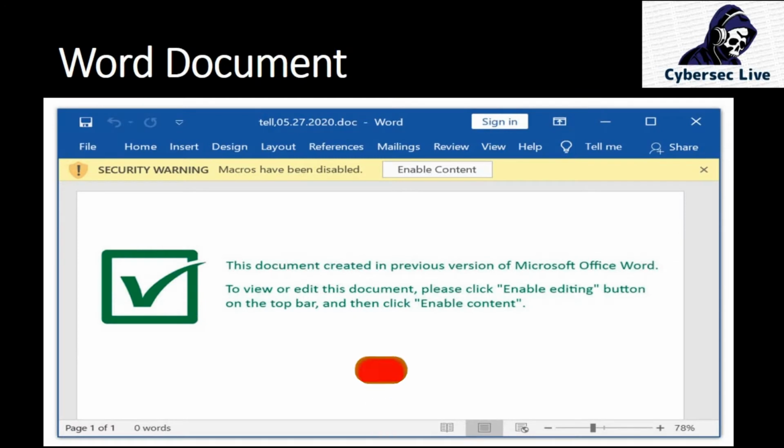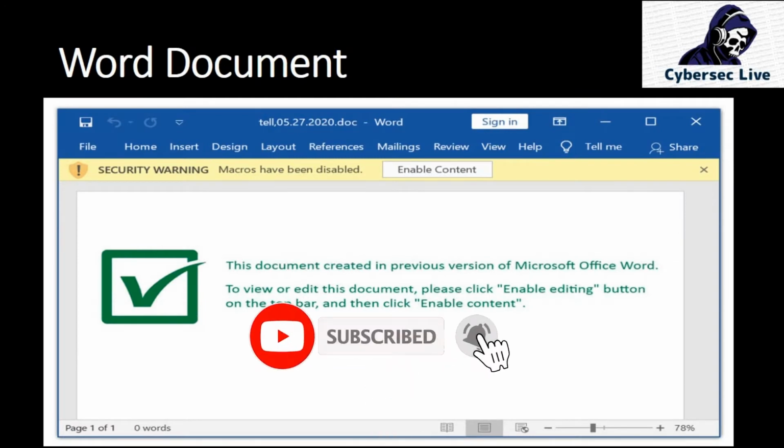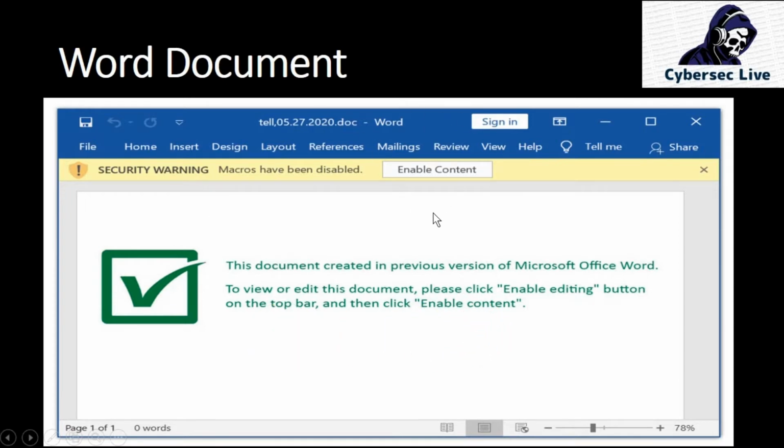Once you open that Word document, it will show like this one. It will ask you to enable this content, right? Once you enable this content, there is an image, right? Once you enable these contents, the macros will activate. And what is a macro? You can say it is a set of predefined instructions. There is something already defined in that particular file by the attacker or by that hacker.